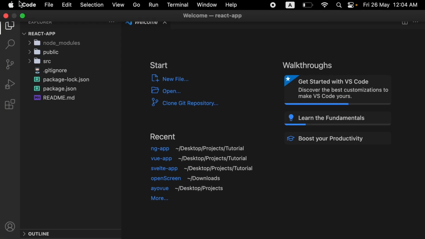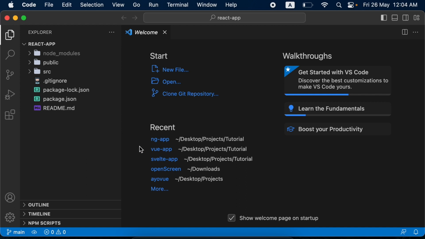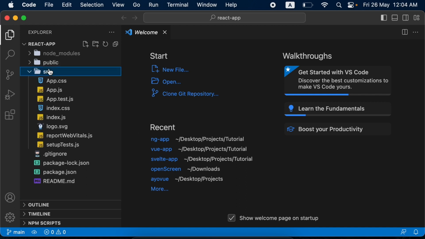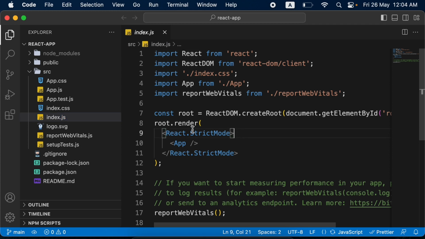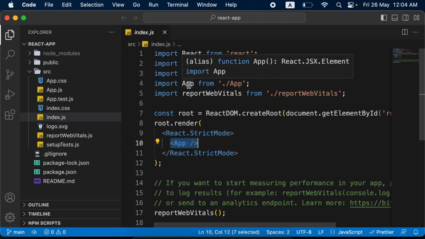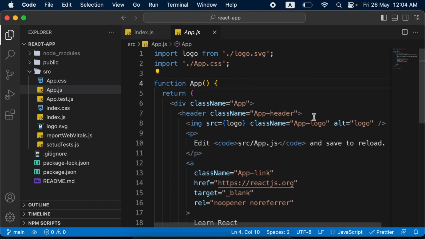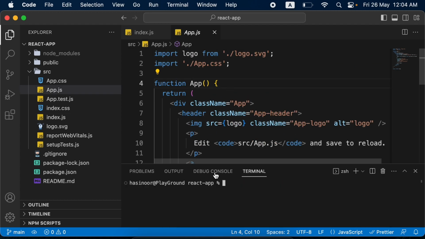first React component here also. Here we will work in the source directory, and here index.js is our entry point. Index.js is taking an app component and it is rendering the app component here. App component is our entry component. We will run